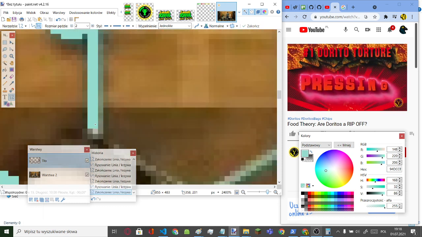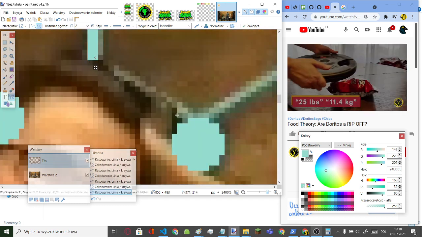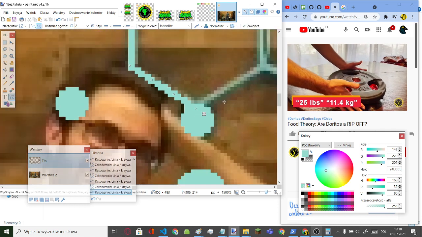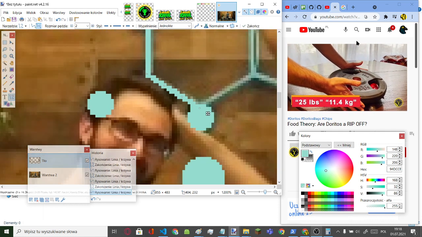First Dorito torture, pressing. We gently laid a 25-pound or 11.4 kilogram weight on top of each Doritos bag for 10 seconds. This low-impact, high-pressure stress test was